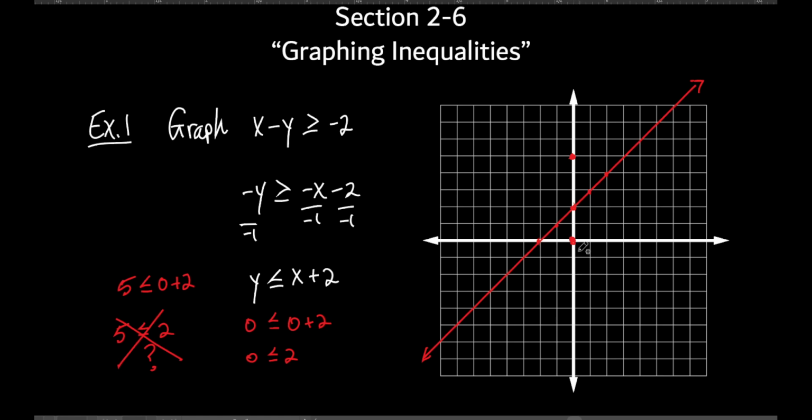But any point below the line does make it work. Try that point right there. It will work. It'll make this thing right here work. You follow me? You can pick any point over here. So how do I show all these points? You shade it in. Exactly right. It won't be the prettiest shading, but